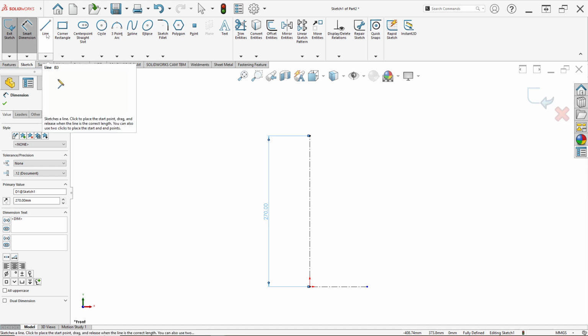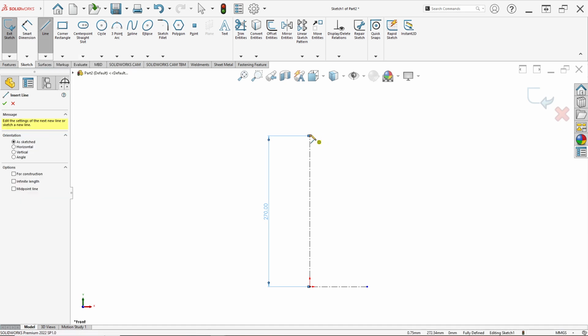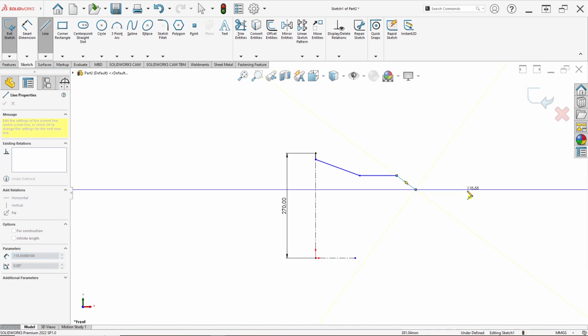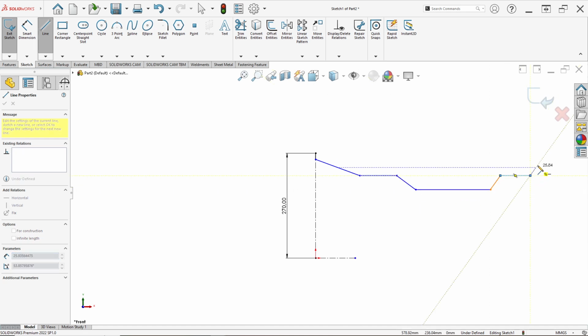And draw a line like this, sorry, this, this, this, and this like this.